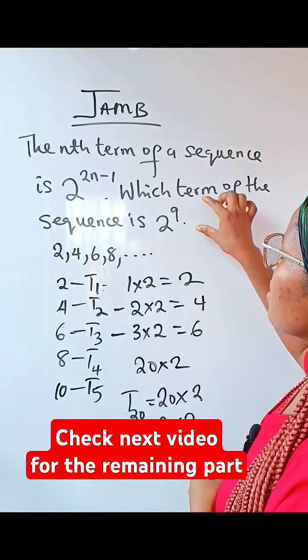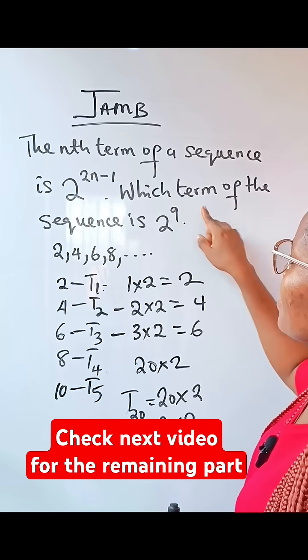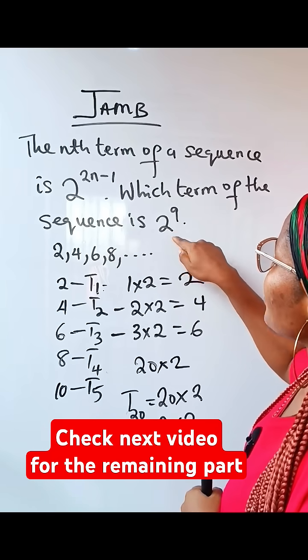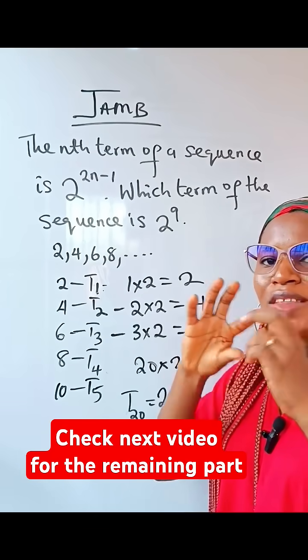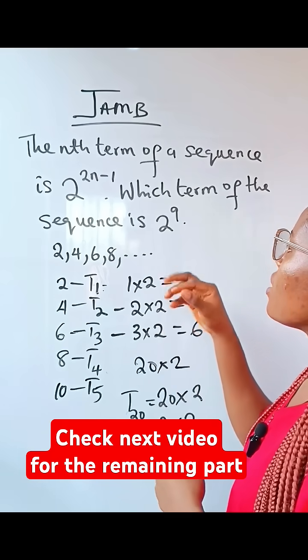Now, let us analyze the question. The question now says: what term will give you 2 to the power of 9? That is, what term of that sequence will give you 2 to the power of 9? So that means that